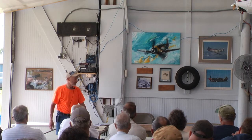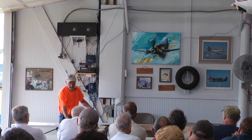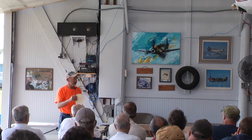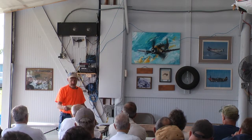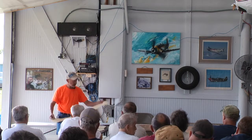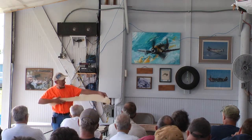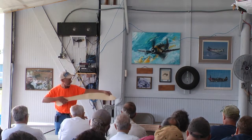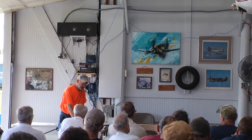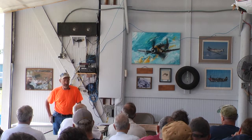I let that dry for a few days, and then I took my paper pattern. Well, I determined where the center of that block was, probably at this point. And I took my paper pattern and I drew a longitudinal line all the way through the center of that block on the face, and lined that up with the same longitudinal line that I had on this pattern. Trace both blades out on there,